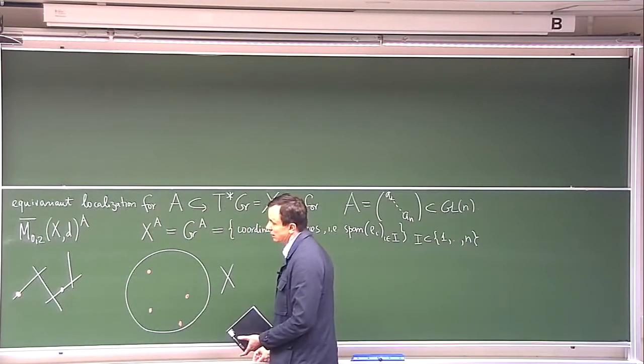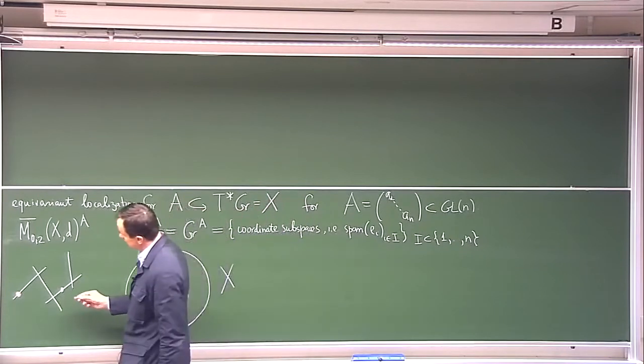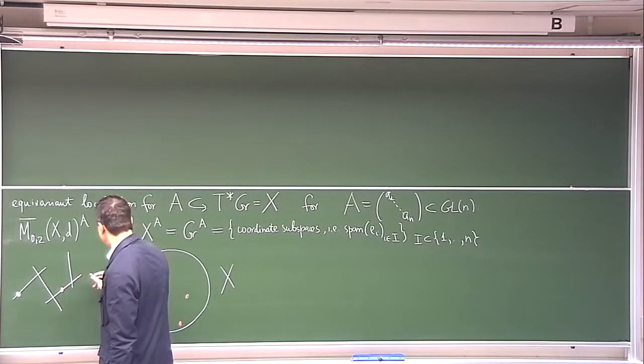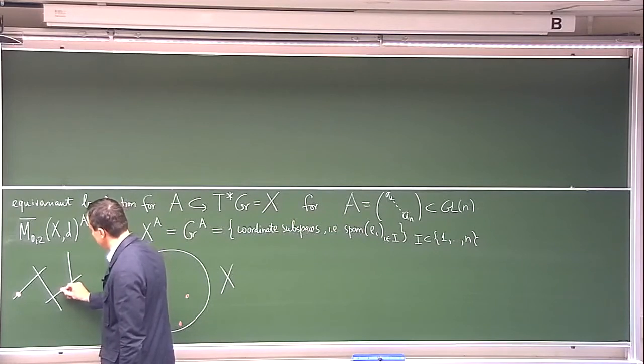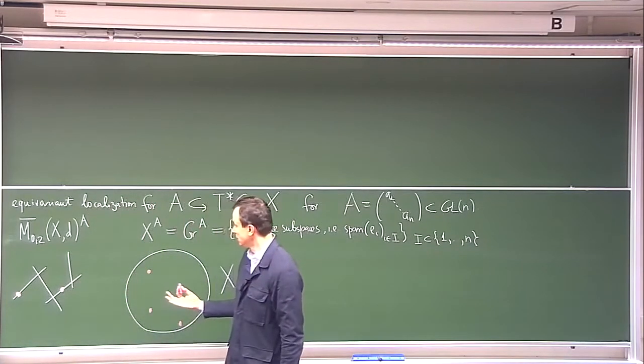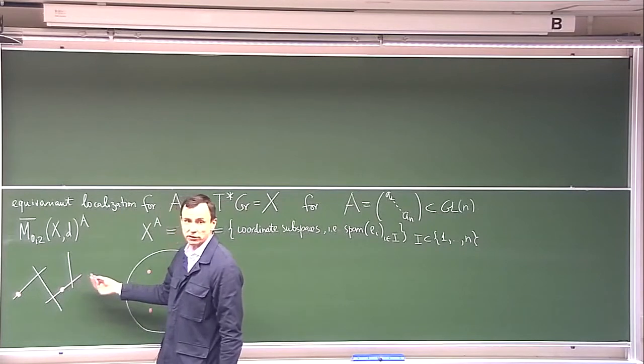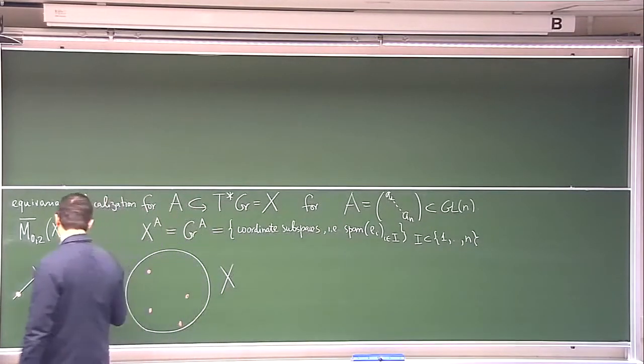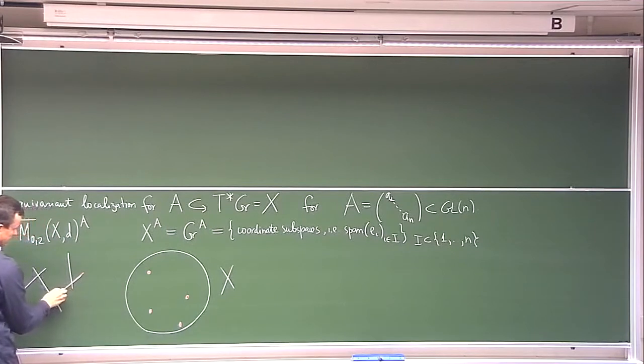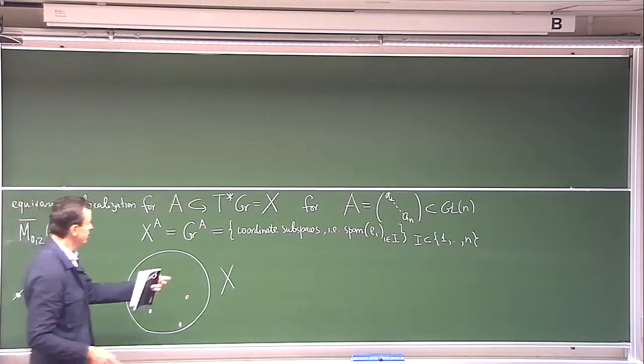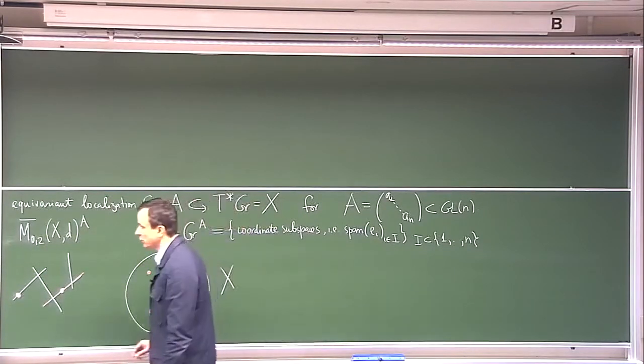And then some components. This one also goes to a fixed point. Some components of this curve can also just collapse to a fixed point. This is okay for this component to collapse because it has three marked points. But some components don't necessarily have to collapse, because you see the torus that acts here,